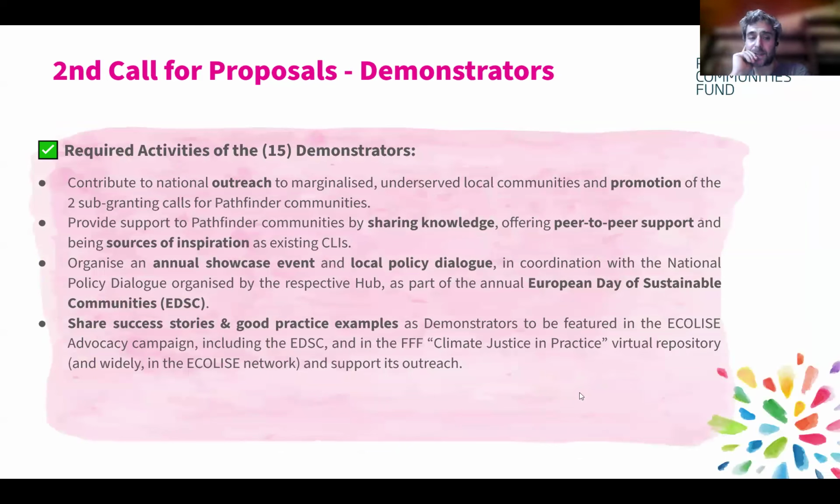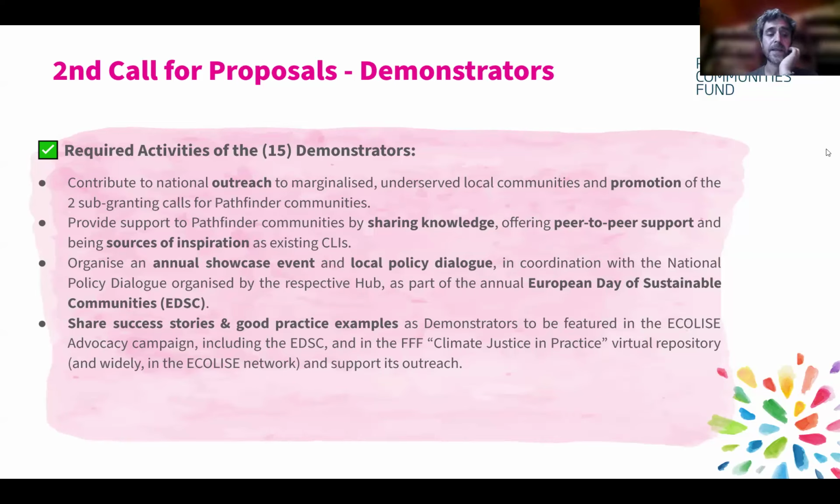The required activities for the demonstrators will be the next ones. Each demonstrator will contribute to national outreach to marginalized and underserved local communities, and the promotion of the tools for granting calls for Pathfinders communities. You will provide support to Pathfinder communities by sharing knowledge and offering peer-to-peer support and being sources of inspiration as